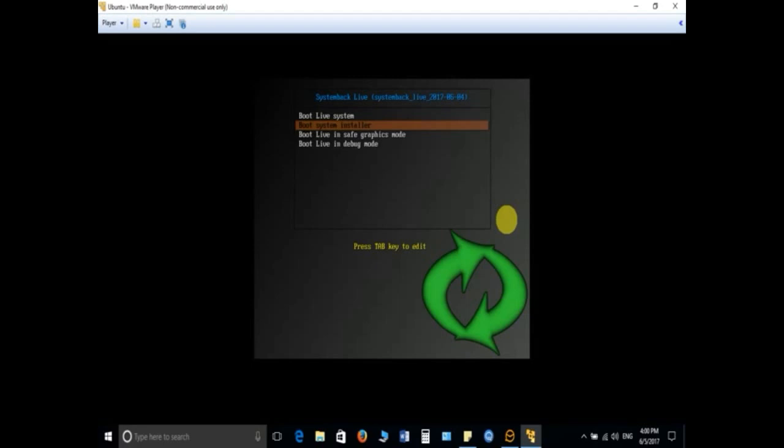So you have to be very careful while booting the system, because this particular screen does not stay for a long time. It stays only for 10 seconds, and within 10 seconds you have to select the options with the help of arrow keys on the keyboard. So I have selected my second option, and then I'll just hit enter. The moment I hit enter, it will start processing, and it may take some time depending on the speed of your system, and will bring another window to select the next option.